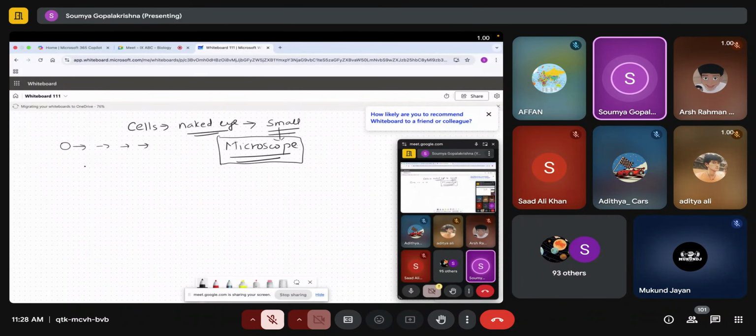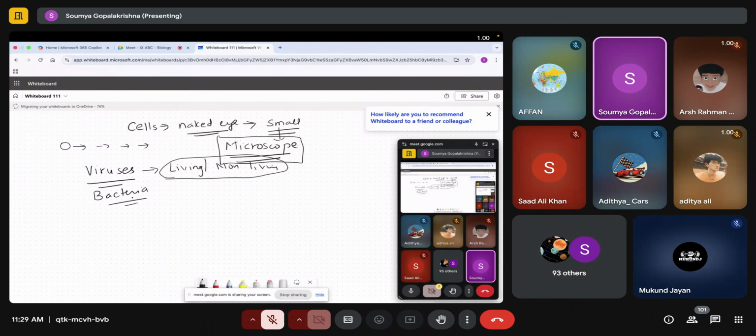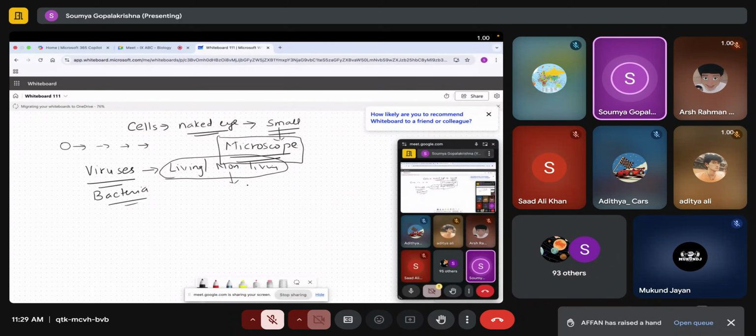When you look at the different kinds of organisms, the smallest of the organisms are what we call viruses. Amongst living organisms, we say bacteria are the smallest. Viruses come under microorganisms. We say they are somewhere between living and non-living. They are not completely living. Now, why do we call them this? We call viruses a separate entity. Why do we call them something between living and non-living?